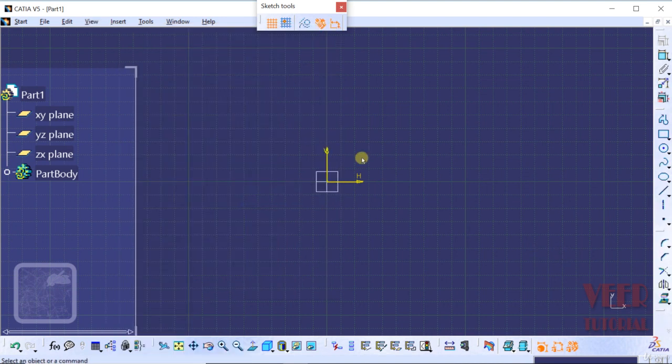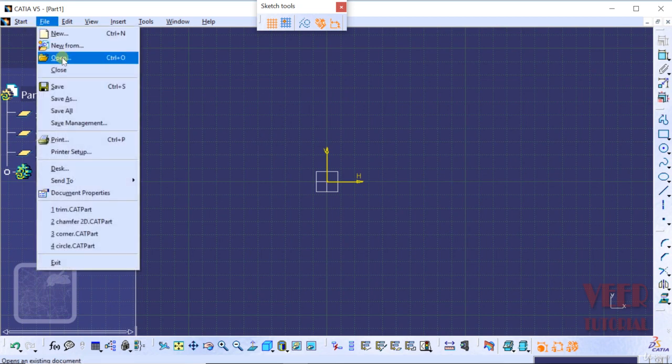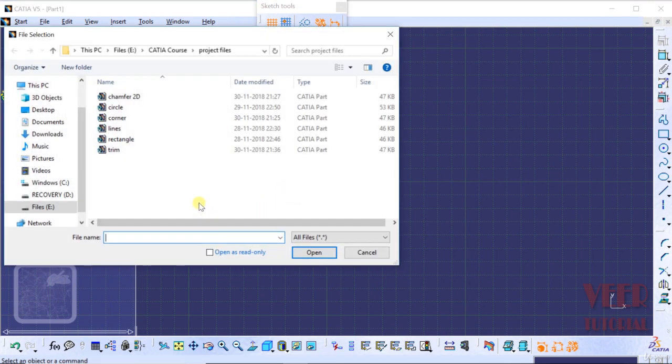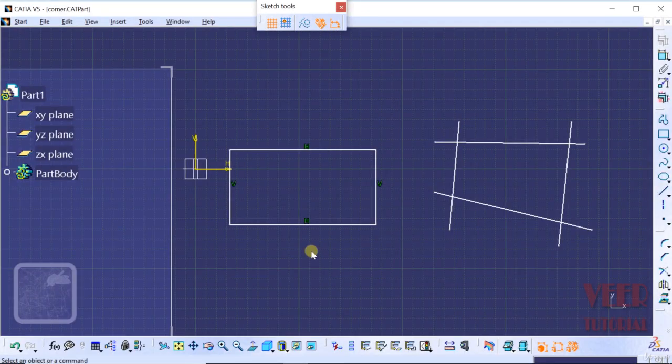Now to understand this command, I go to this file option, click on file and go to open. From your project file, you need to open this file, that is corner. So click on this corner file and click on open. In this file we have created a rectangle and we have a series of lines. And now I click on this corner tool